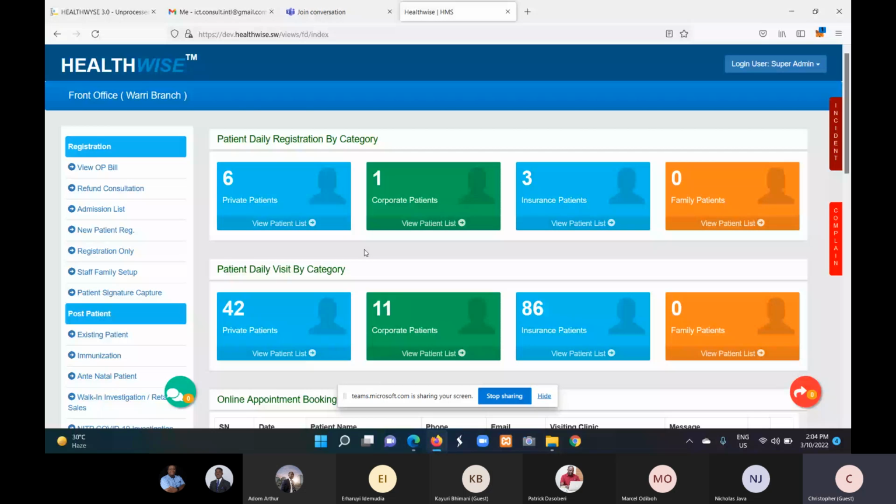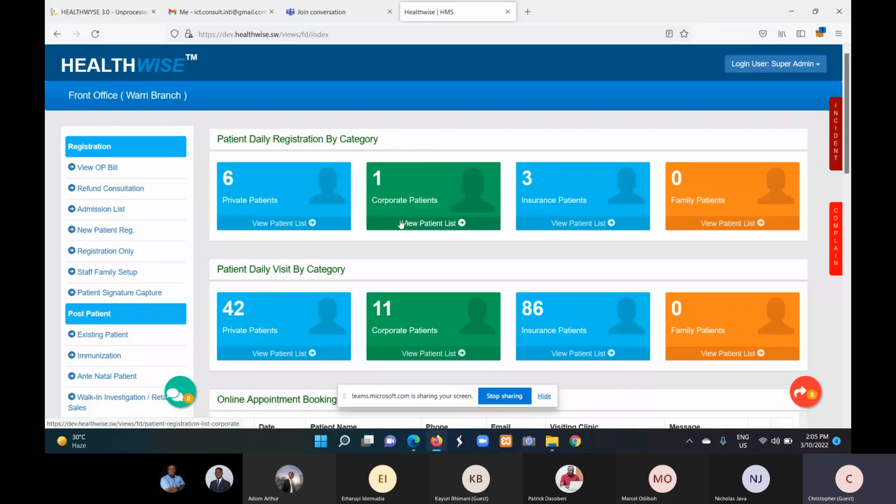Like you can see on my screen, the dashboard gives you at a glance every activity on a daily basis. So at a glance, we can see every patient registered on a daily basis across the group. So right now, I have here on my screen 6 private patients, 1 corporate patient, 3 insurance patients,